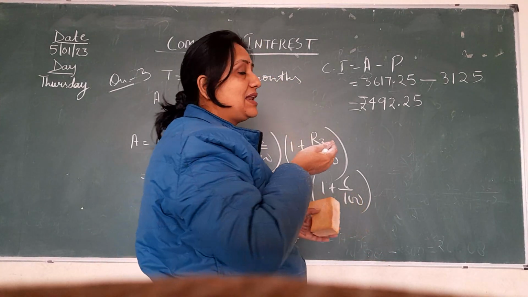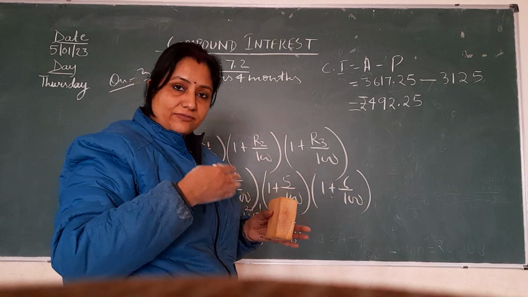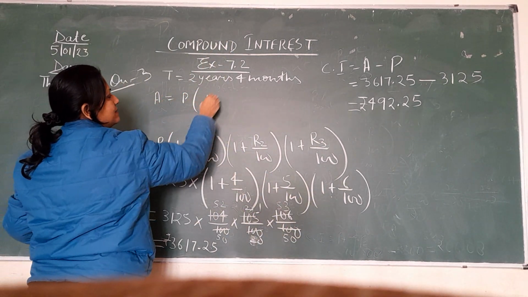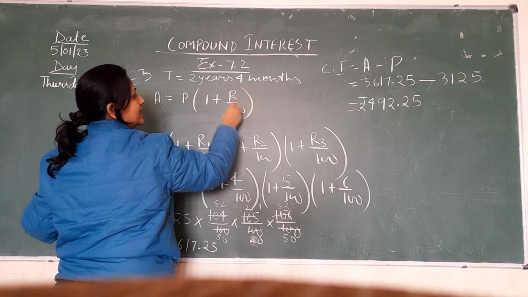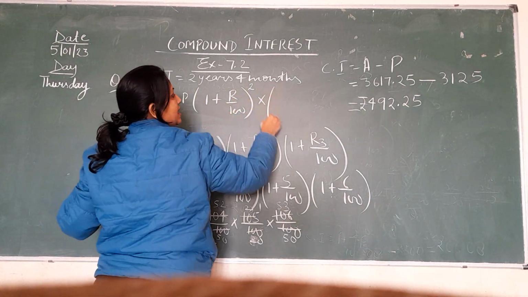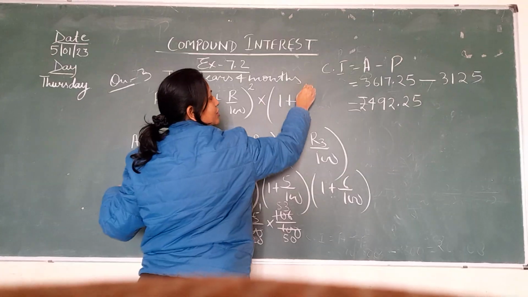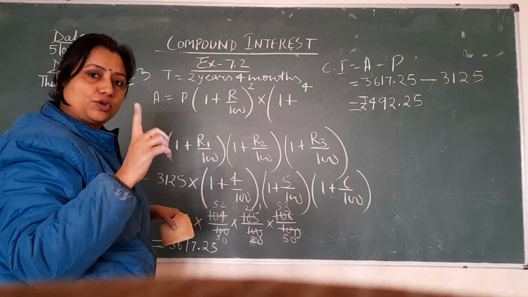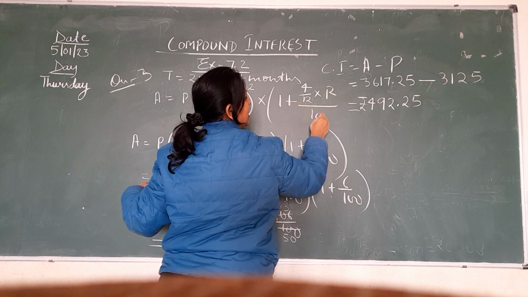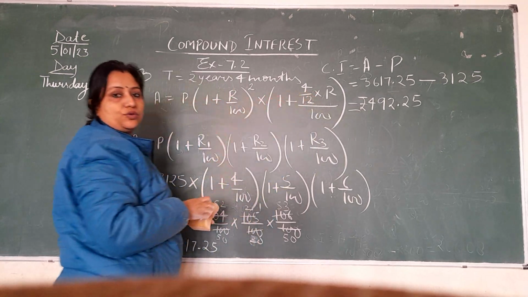So we will calculate for 2 years first. What can we do about 4 months? We'll find the value using the formula A is equal to P into 1 plus R upon 100. Because it is 2 years 4 months, we first calculate for 2 years: the 2 years factor into 1 plus, now we'll find the 4 months also. We know that in a whole year how many months are there? 12. So 4 upon 12 into R upon 100. Okay, and the rest of the values you will put in on your own.